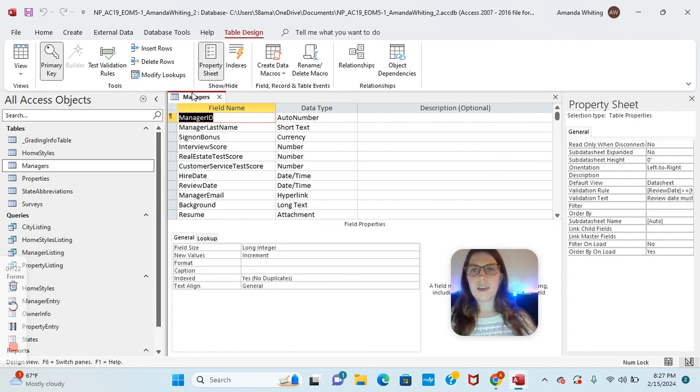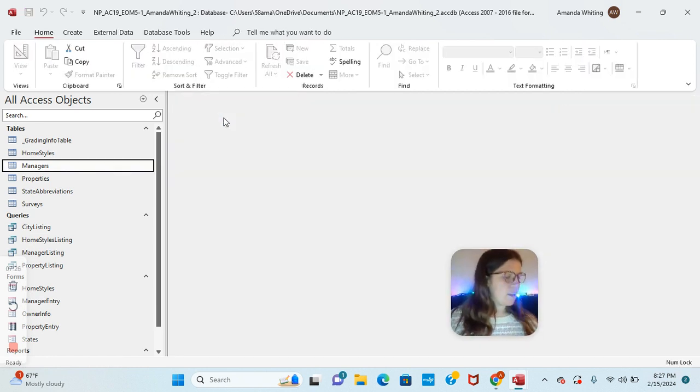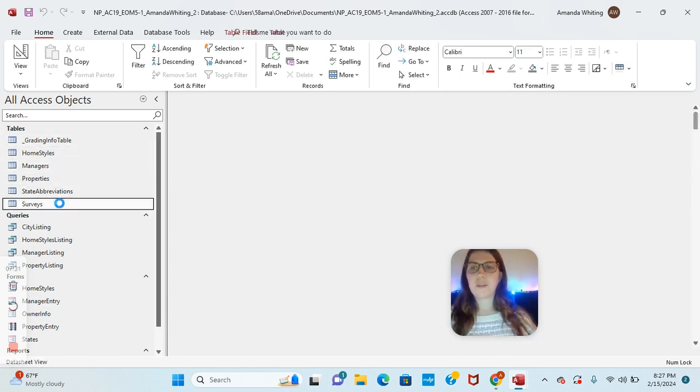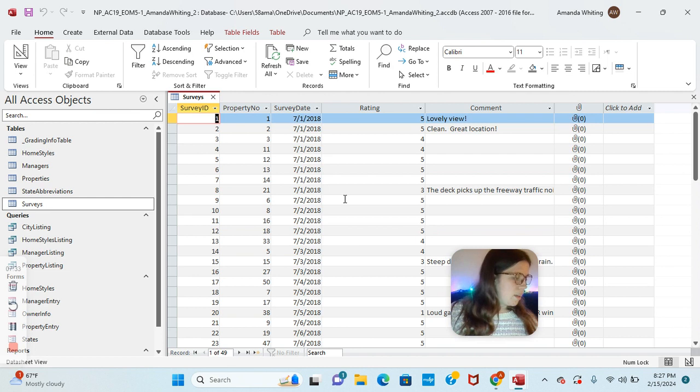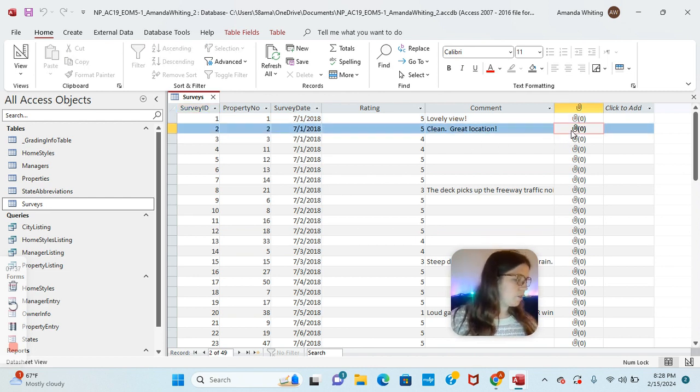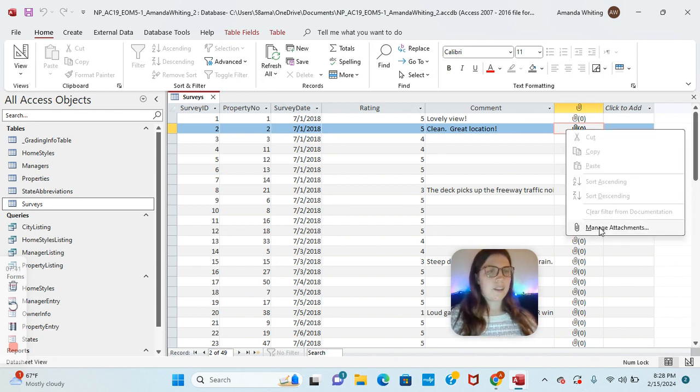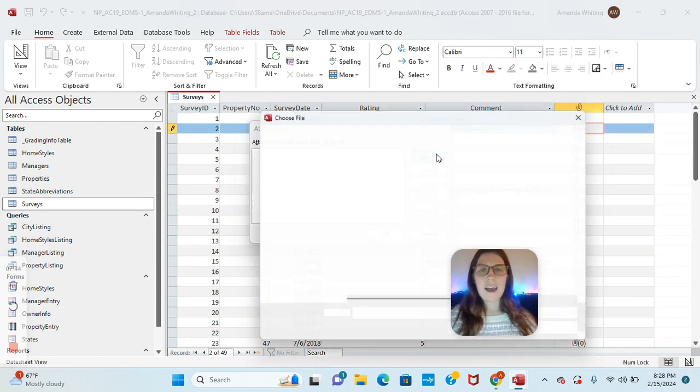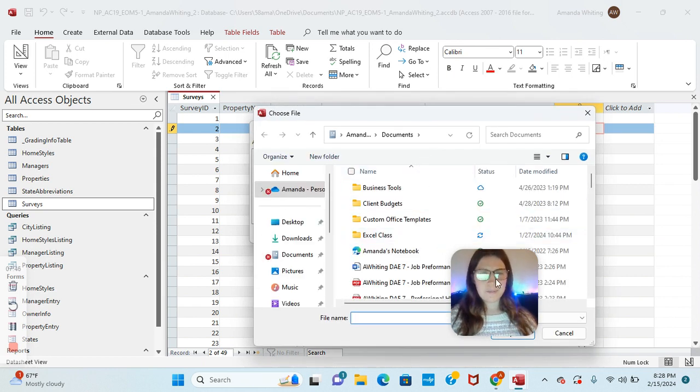So save, close. Great. Now we're going to open the surveys table, and it's going to be in datasheet view, so you can just double click that. And then we have this interesting row for attachments. In row 2, it wants us to right click, and then we're going to click manage attachments, add,